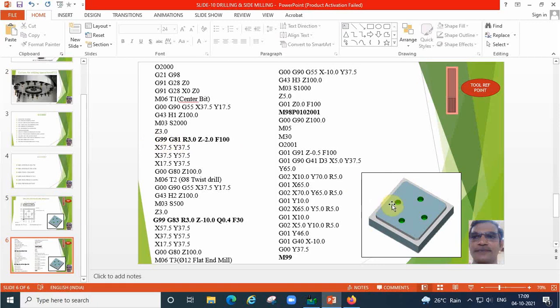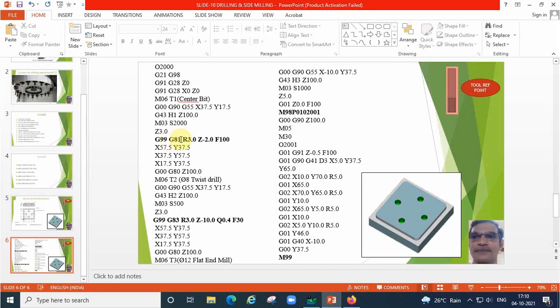In this profile we have an even surface, so easily we can do all the drilling cycle, so that the retraction amount will be 3 mm only. Easily we can locate the tool for the next drill, so that we are using G99. If it is an uneven surface, G98. If it is an even surface, we can use G99.